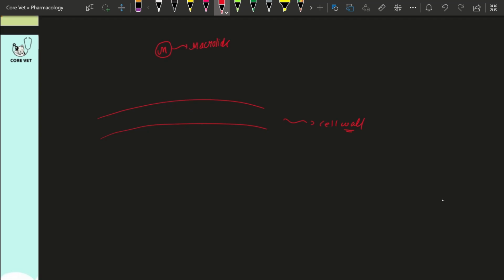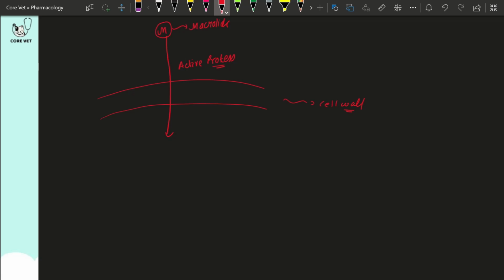This macrolide is going to penetrate the cell wall through an active process, in which ATP is required, and enter the bacterial cell. When the macrolide enters the bacterial cell,